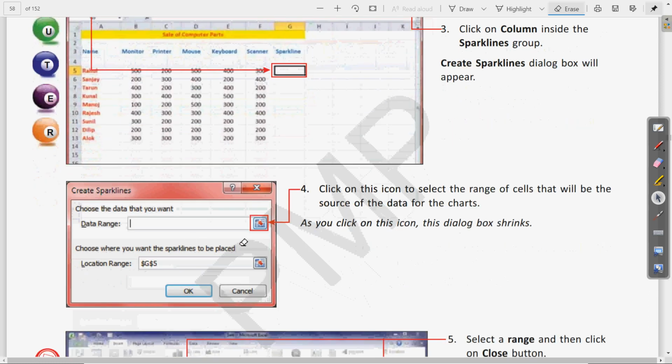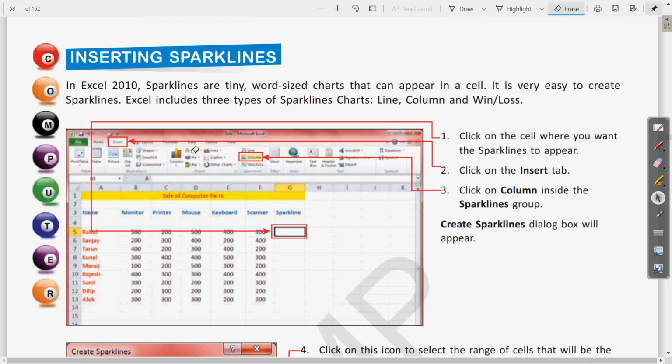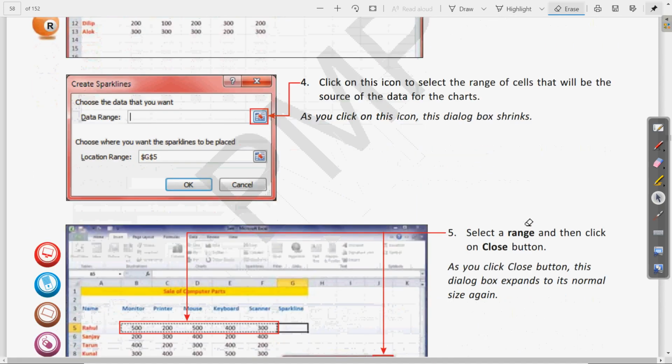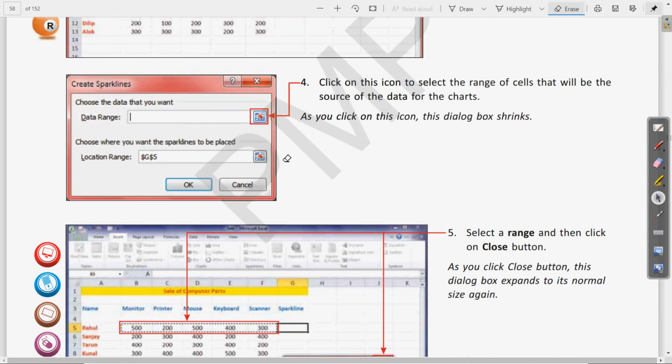So for all these steps we have seen how we can select the range of the data. If you go to the Insert tab, we have the sparkline options. Whatever type of sparkline you want to choose, we will select that. When we click that, we get the Create Sparklines dialog box.